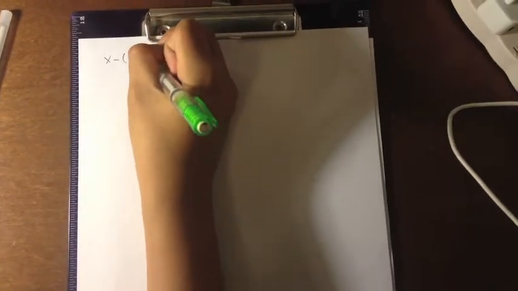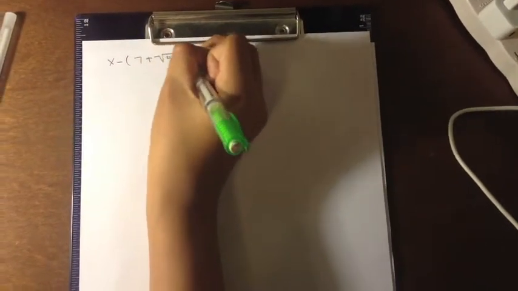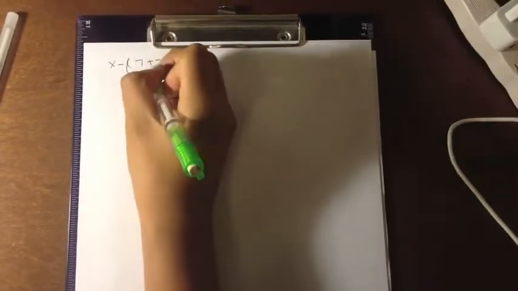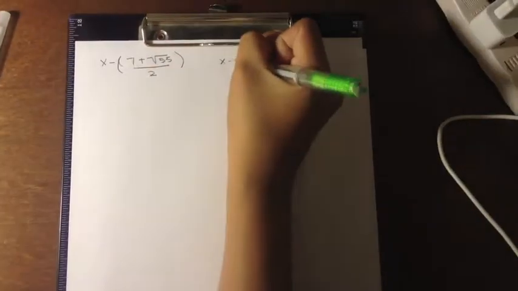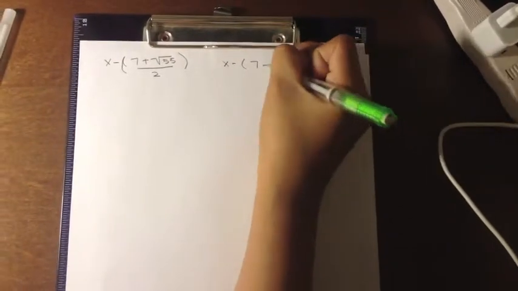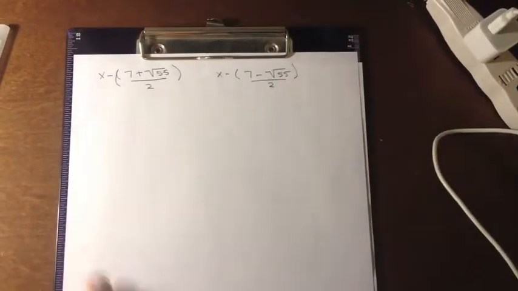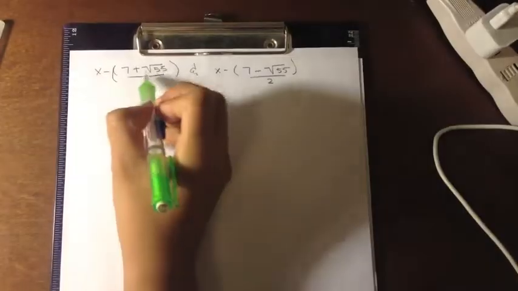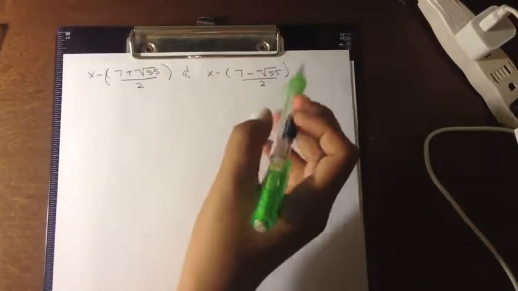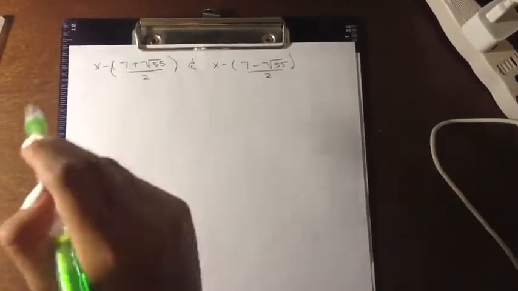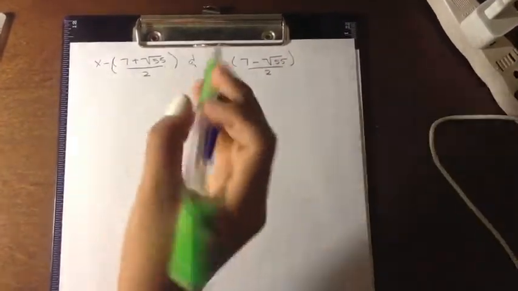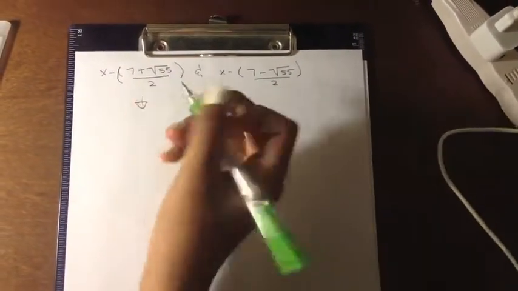To factor it, we would need to substitute x minus 7 plus radical 55 over 2 and x minus 7 minus radical 55 over 2. So this one and this one are zeros, but we just need to factor it, so we need to change it. So we're going to distribute the negative, so for this one it would be